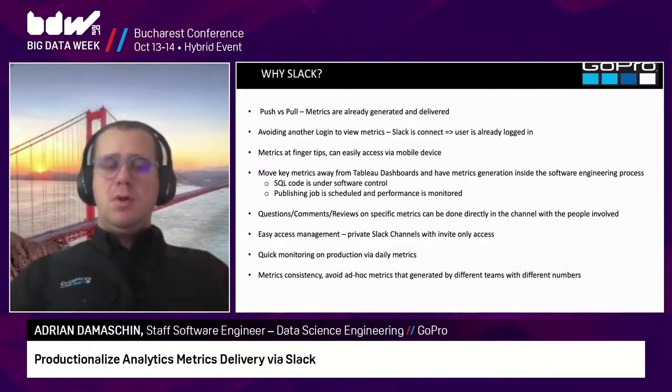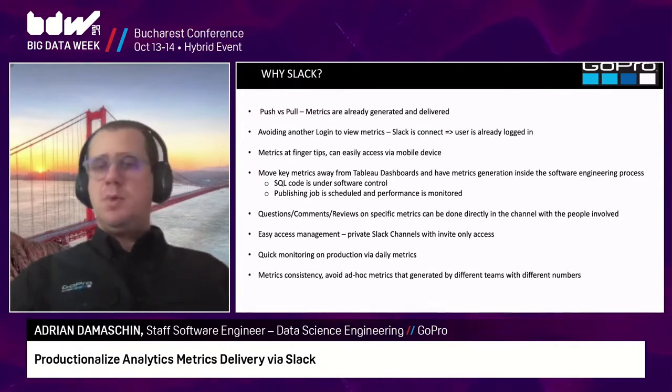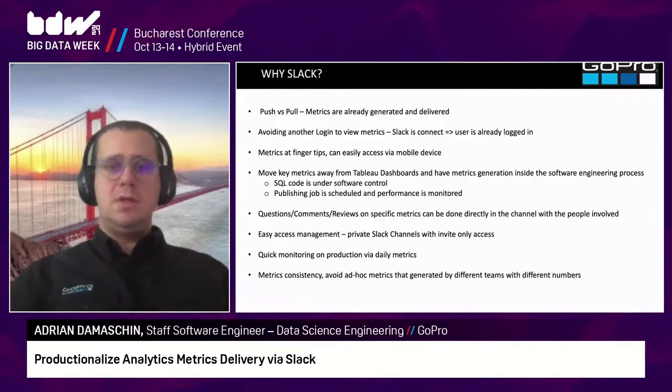The right people look at the metrics, see how the metrics work, and look for any kinds of bugs or misunderstandings or missing metrics or extra metrics that they may not use. And we directly chat in there. Nobody has to set up a different meeting or something like that.